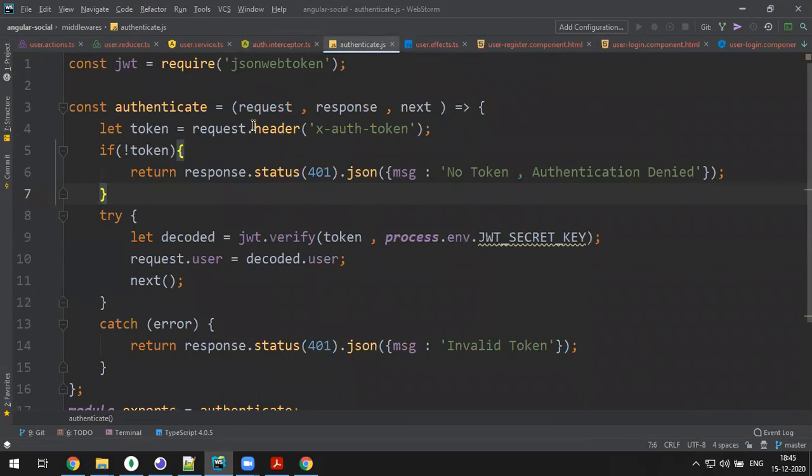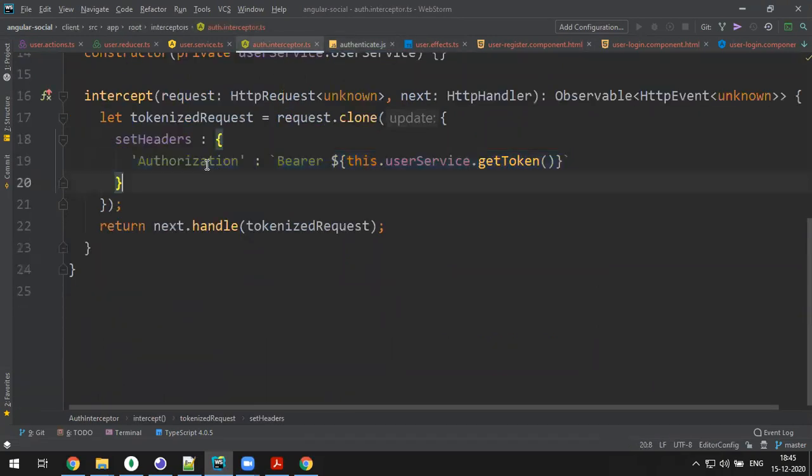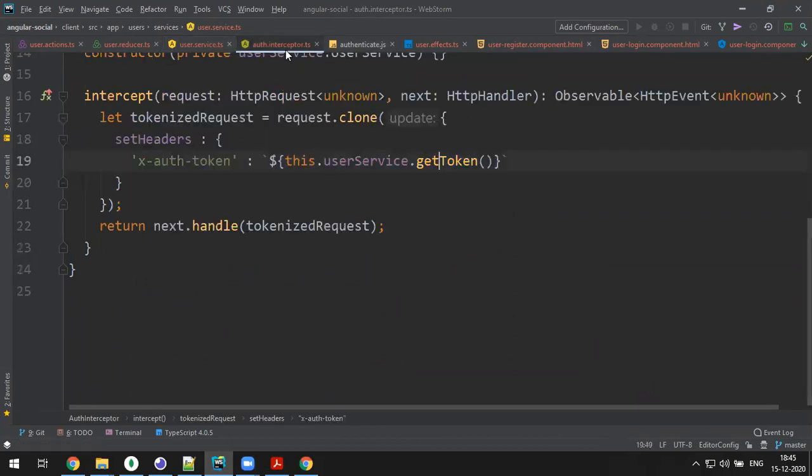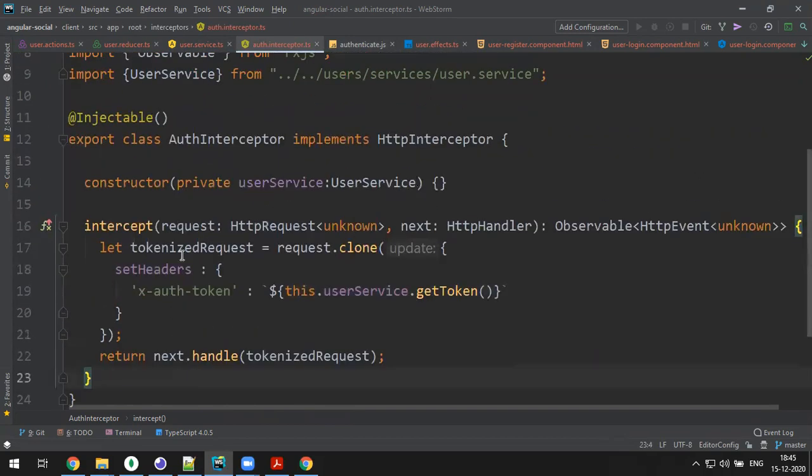What it is verifying in the header is X auth token. Copy, same format you have to send it: X auth token, no bearer, nothing, just send the token. This function gives you the token back. That token I attach to X auth token and send with every request. That's fine. Now, once you have made the interceptor, you have to configure it